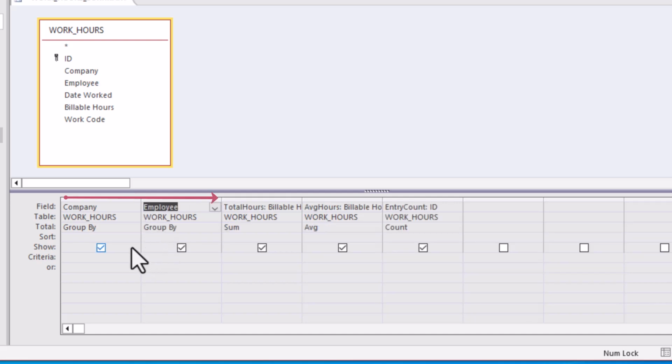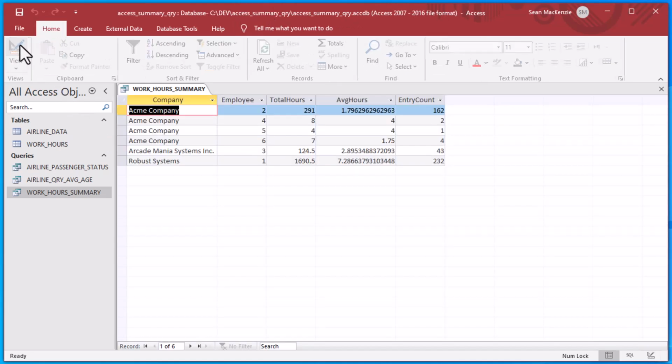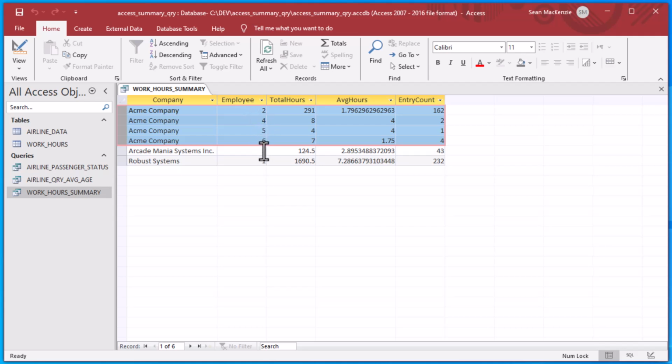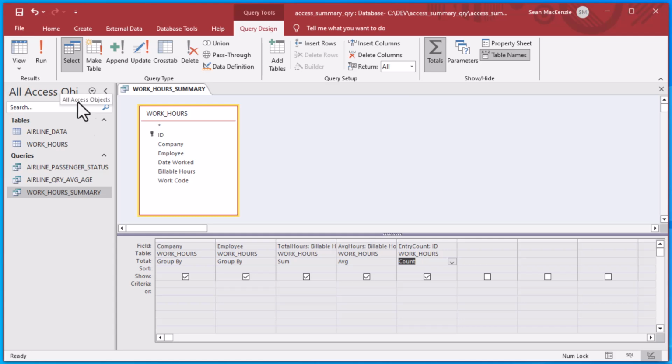So I'm going to drag that employee field right after company, and then leave the measures at the end here, the sum, average, and count, and we'll show that query here. So you can see it automatically breaks it up. This Acme company entry for employee 2, 4, 5, and 6 has a nice breakdown, and you can see Arcade Mania Systems only has one row. I guess only one employee worked there, or did a contract for them, and Robust Systems only has one entry